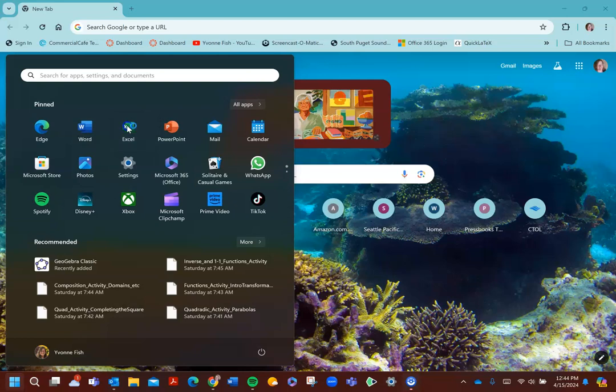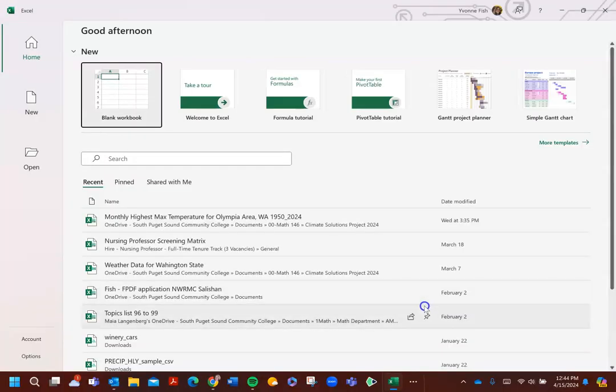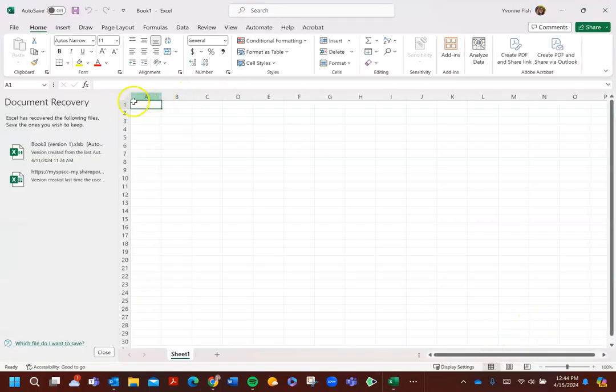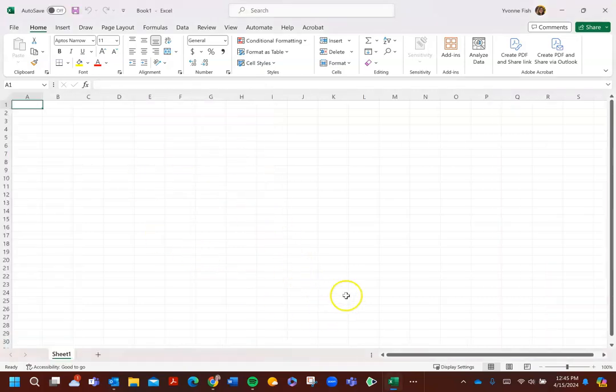You all have that with your Office 365. It's best to download that all into your computer to do it that way, then it's fully functioning. And just open a blank workbook, and we are going to